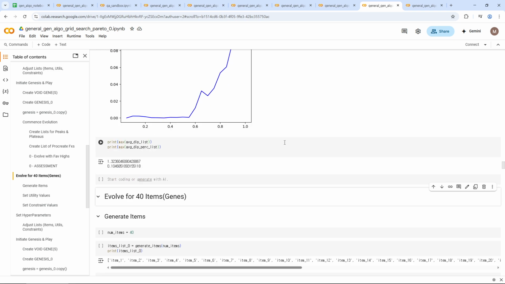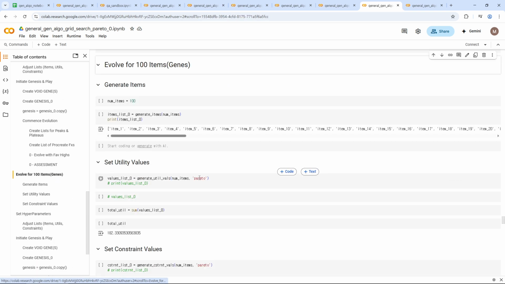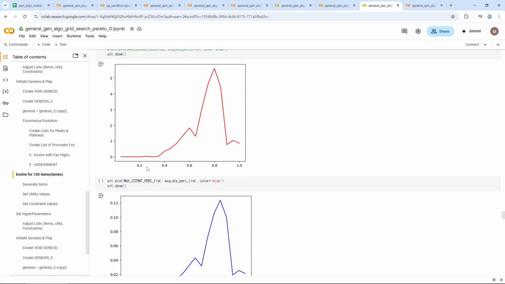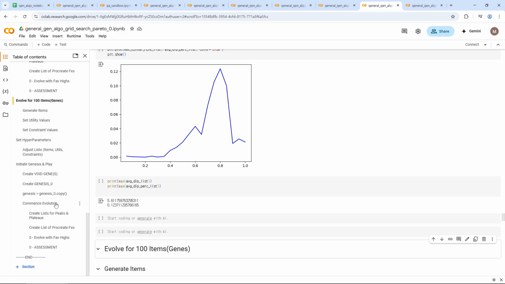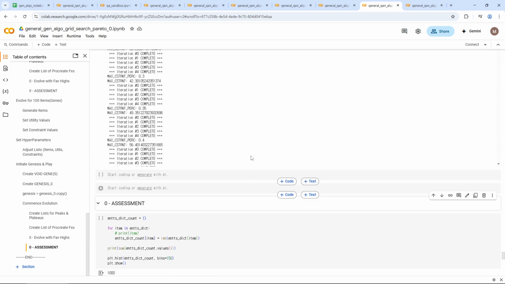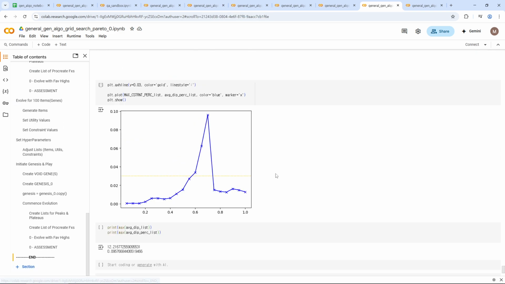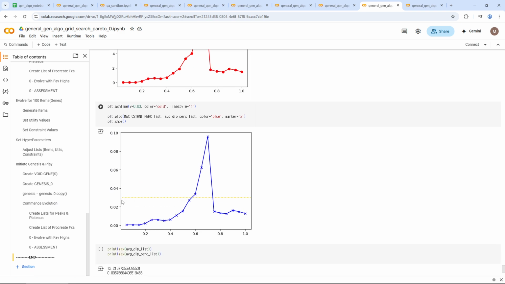I'm so lazy. And this is when we have 40 items. Again, very similar. It goes up and then comes down at around the 0.8 or 0.75 mark, 75% or 80% mark, and then when we have 100 items, again the same. And here I had the willpower to draw a horizontal line at 0.03,